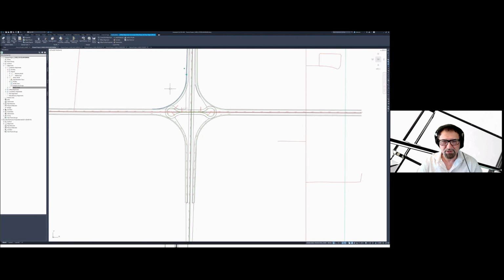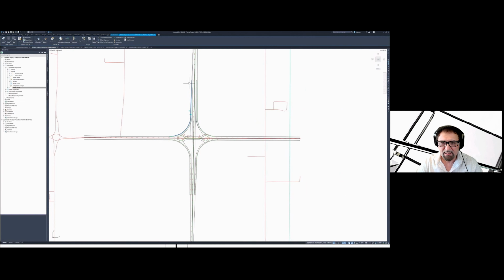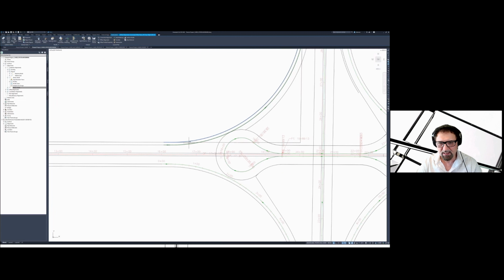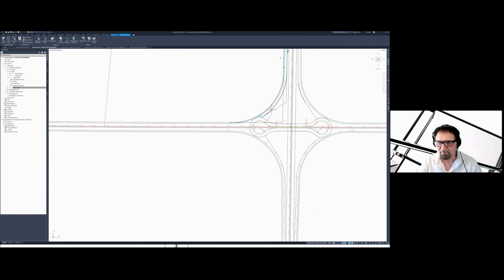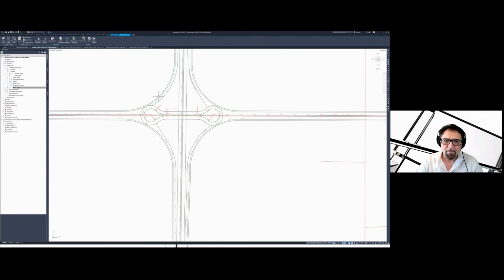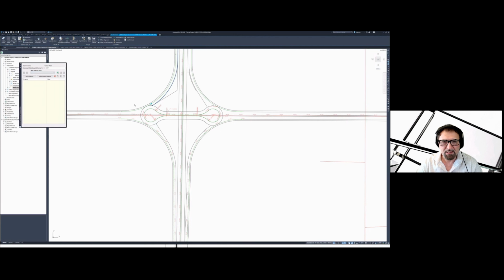Here I have these curb return alignments that I created as connected alignments. So I simply connected between the edge of travelway on the main line and the edge of travelway on the sideline, and then I utilized the offset both sides for that alignment. Again, I utilized the masking. Offset alignments can be created with a specific start and end station where you can stop at any time. You don't have to create an offset alignment all the way through.